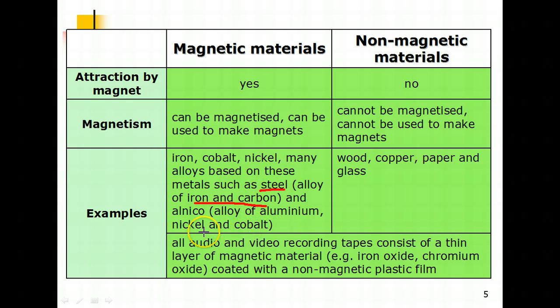There are other kinds of magnetic materials called alnico, which is also an alloy. If you take note of how they actually get this word alnico, it's a combination of the first 2 letters of the 3 words: aluminium, nickel, and cobalt. So these are some examples of that. Now moving on,